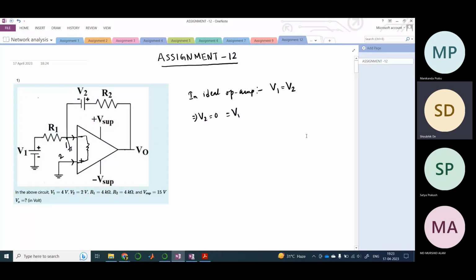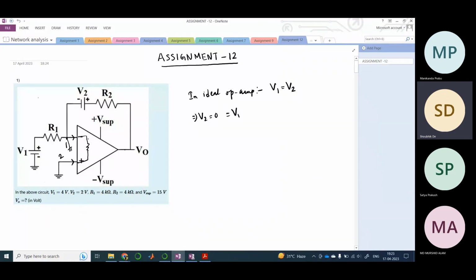So, and that is arriving because the input impedance is zero. So therefore, this path is open, and therefore this terminal and this terminal are at the same potential. So therefore, we write this condition. Fine. So now, once you have assumed that your V2, I mean the inverting and the non-inverting terminals are at